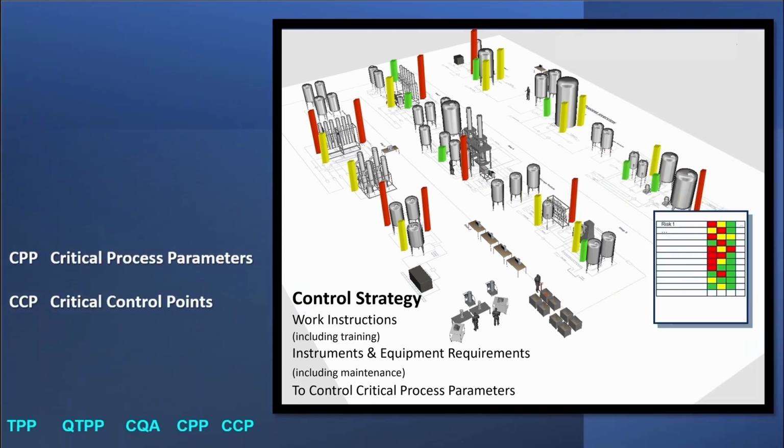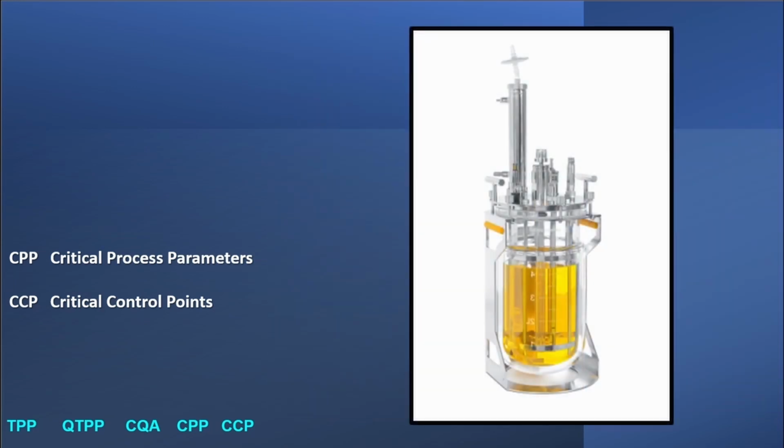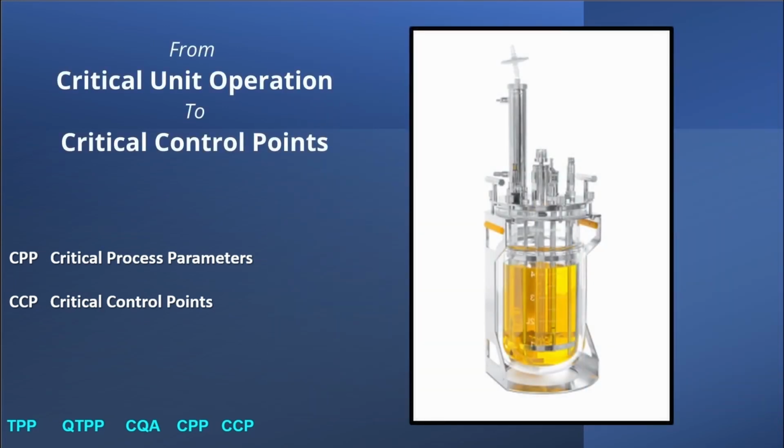In a manufacturing process, CPP, critical process parameters, are the equipment parameters in each unit operation whose variation during production will have a critical impact on CQA and must be controlled at the critical control points to ensure the CQA targets are achieved. A USP bioreactor is obviously a critical unit operation, but to determine the critical parameters and their control points,